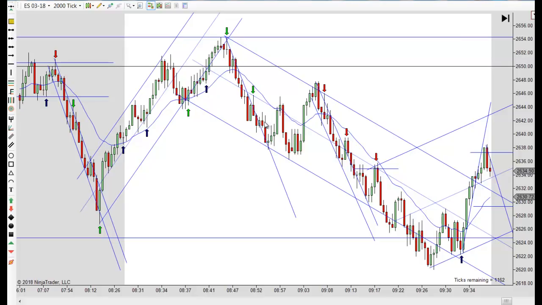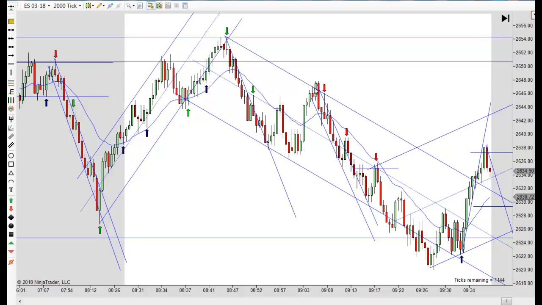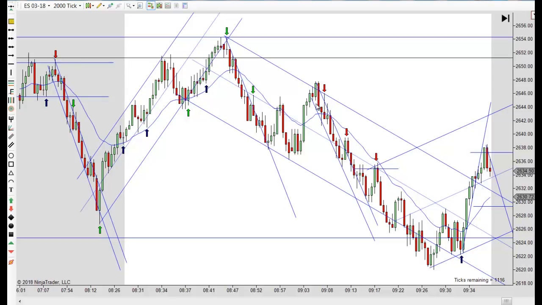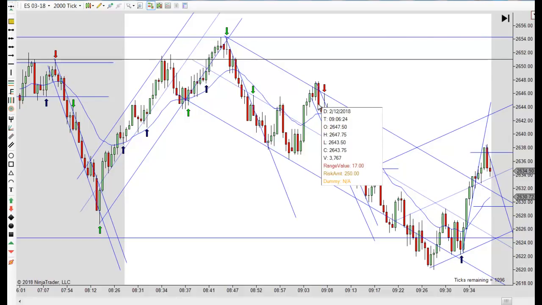You do get a close outside, and it could go one tick lower and turn up. We end up just kind of going sideways. There's a second entry long here, but you're just so much sideways there. A lot of overlap. You could probably treat this one like a failed breakout, but that bar is very, very large. Of course, most all of them are today, but that's like a 17 tick bar right there,